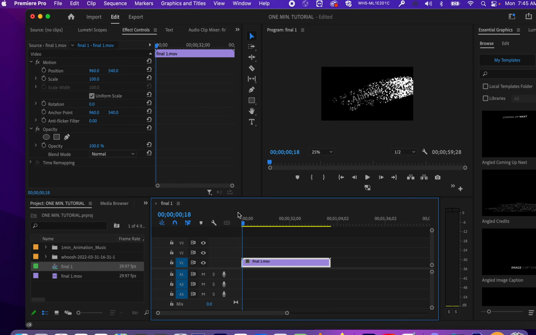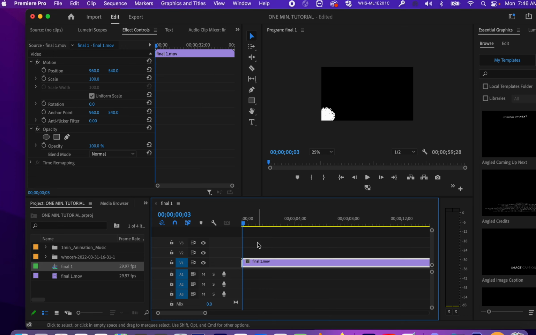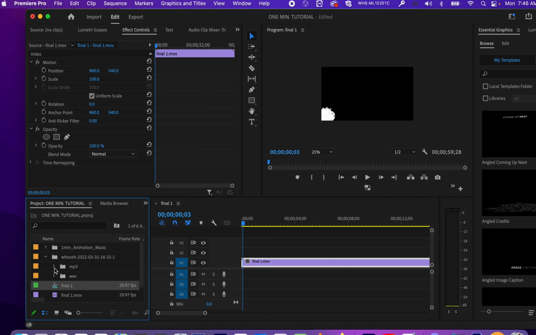It's a mask, right? And what I'm going to do is I'm going to get a swoosh that kind of goes with this. I'm using my arrow keys to go frame by frame. All right? So let's say maybe right there I put my scrubber where I kind of maybe want a sound to start. I'm going to go to my whooshes,